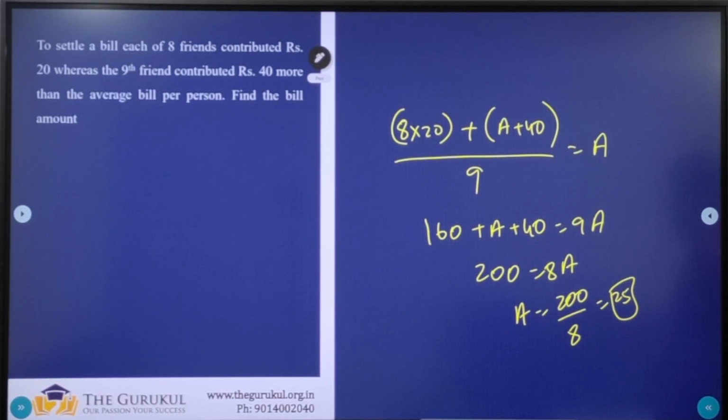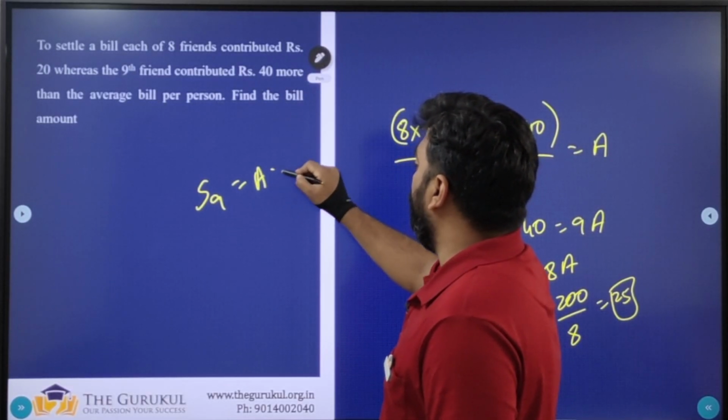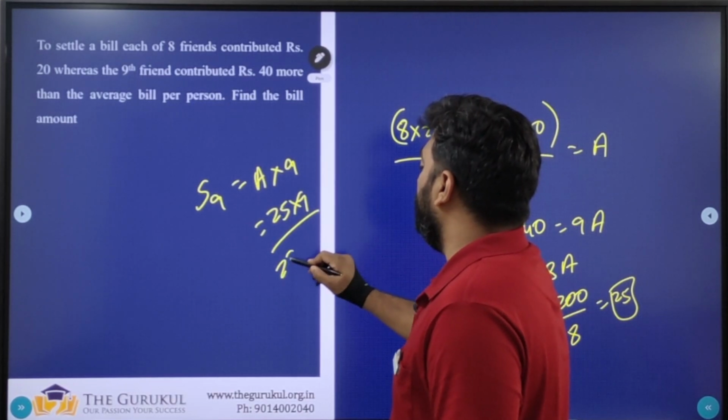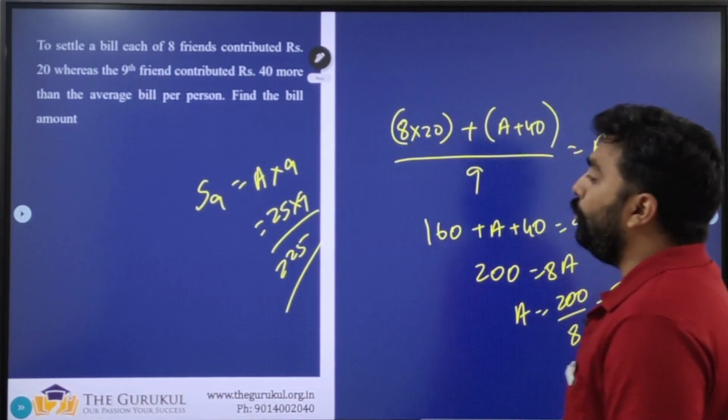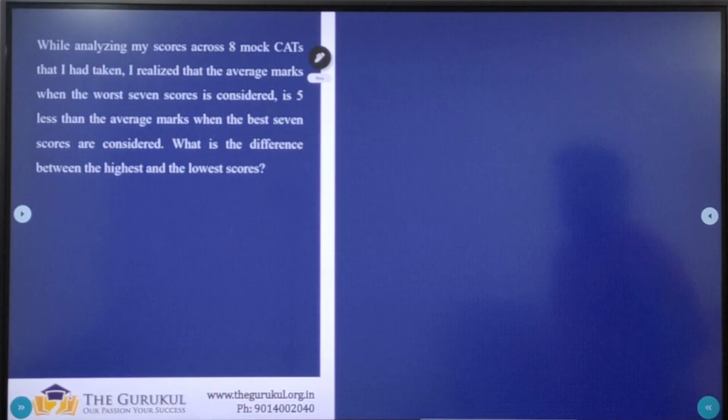Clear? What is the question talking about? Find the bill amount. Sum of 9 members equals the bill amount, which is average into 9, that is 25 into 9. 225 is the total bill amount. Clear? Very good. Next one. While analyzing my scores across 8 mock CATs that I had taken, I realized that the